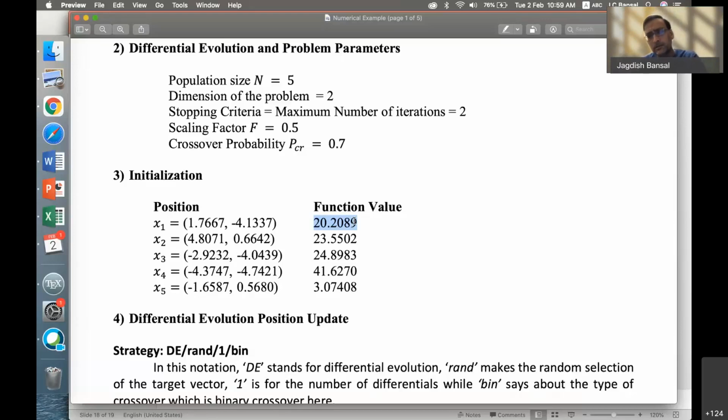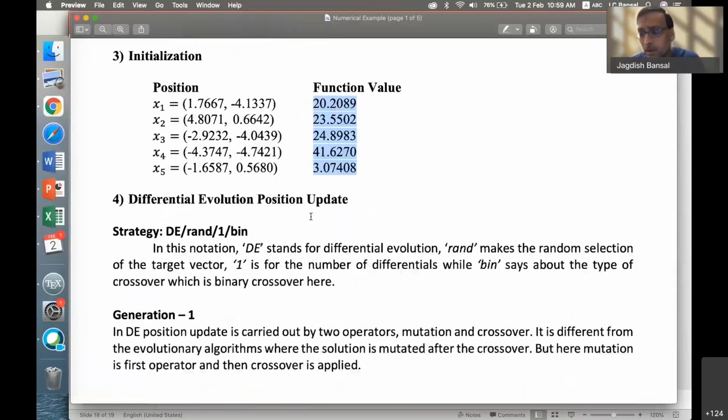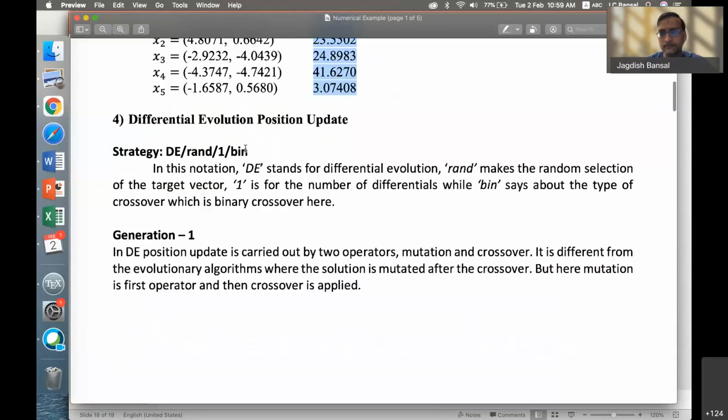Few people convert this function value, scale this function value in the range 0 to 1, and then they call it fitness. So let me just right now call this the function value or the fitness together. I'm going to apply this strategy, DE rand 1 bin. What does it mean? If you remember, I explained 10 strategies, but now I'm going to apply this